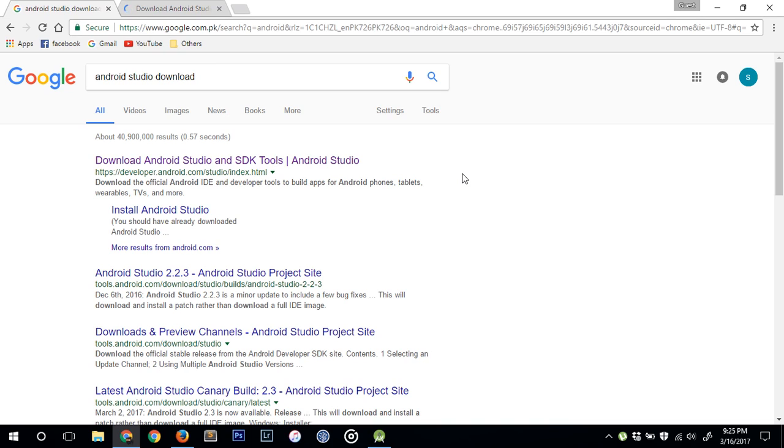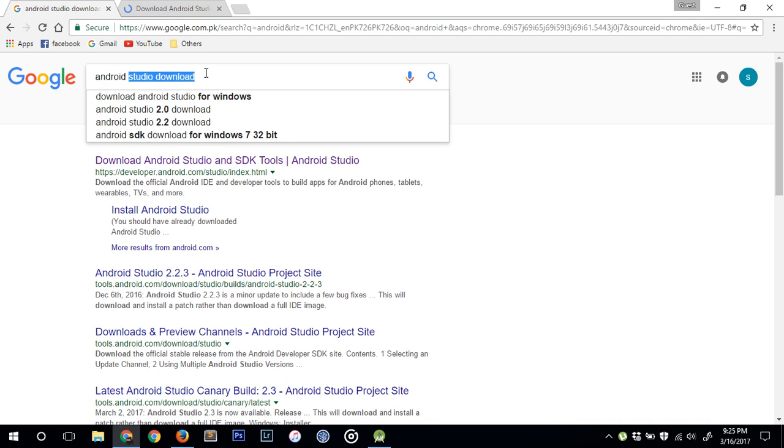So first of all, you have to install Android Studio, and for that you have to go to Google, and you should have a good internet connection because that file is pretty huge. It's like 1.5 to 2 GB, and for the configuration it needs 1 to 2 GB more space. So, if you have a good internet connection, go to google.com and search for